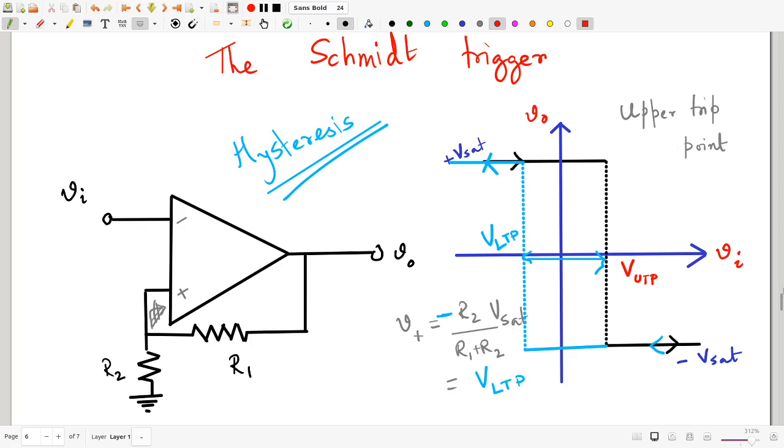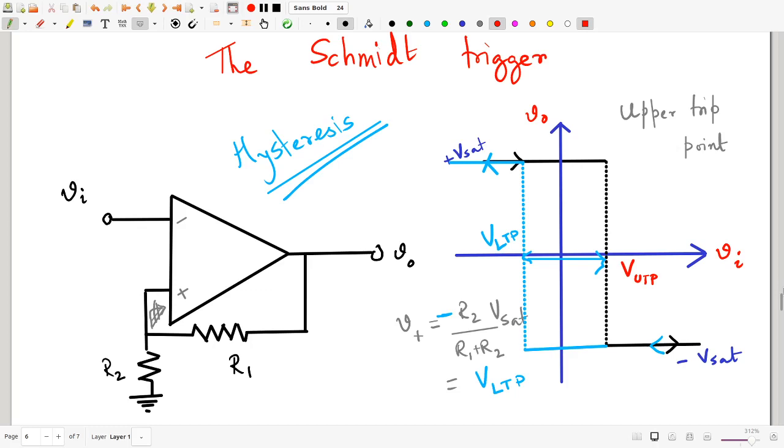Let me try to explain what I mean. A comparator, of course, as we have seen, compares an input voltage with a reference voltage, and whenever the input voltage crosses that reference voltage, the output switches sign. So you could connect an LED, a light emitting diode, in series with a resistance across the output, and the diode will glow only when the input is below the reference voltage,